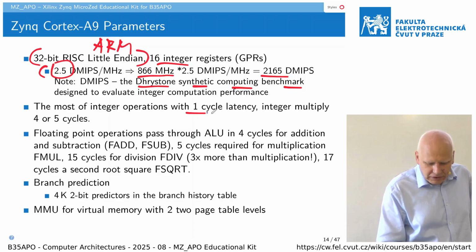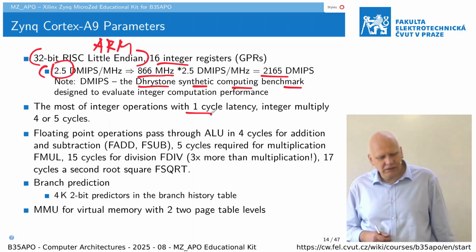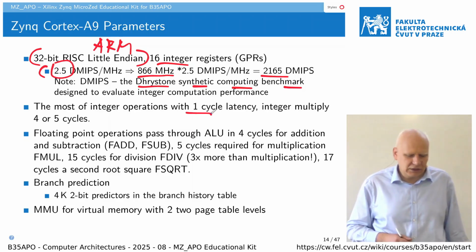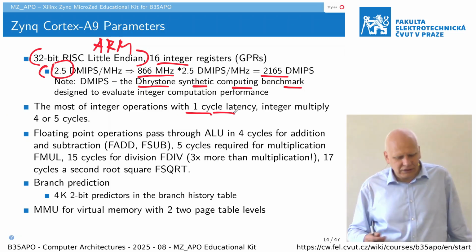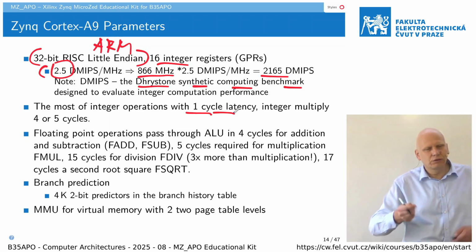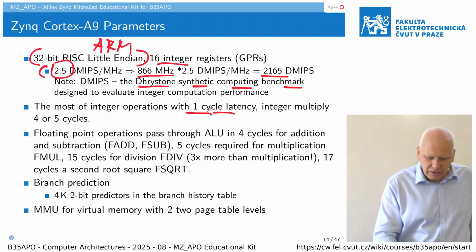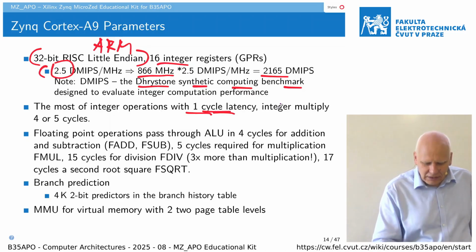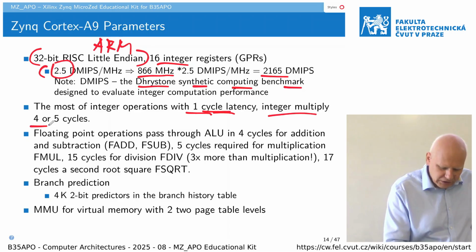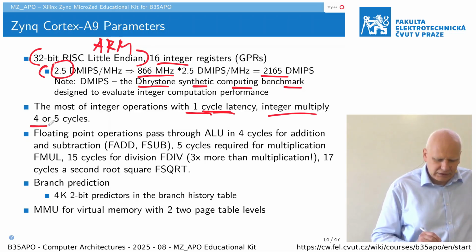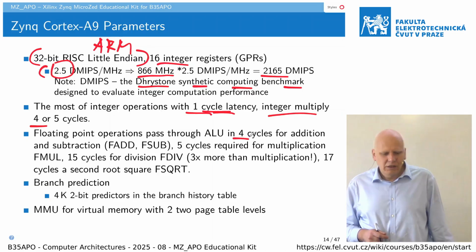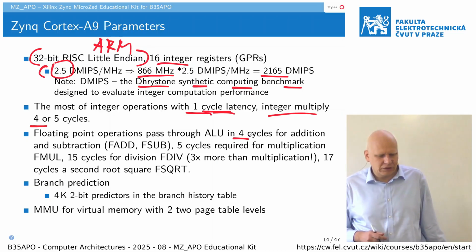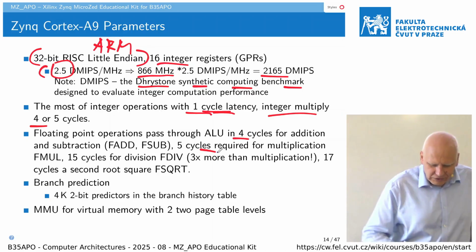What is important is that for simple integer operations such as addition and so on, we get a latency of a single cycle, so the next instruction can use the result of the previous one directly in the next cycle. In the case of multiplication, we need 4 to 5 cycles. For floating point operations, we already need 4 cycles for addition and subtraction, 5 cycles for